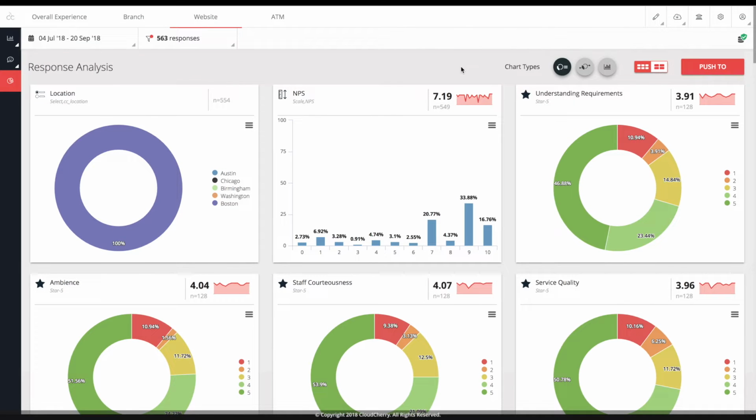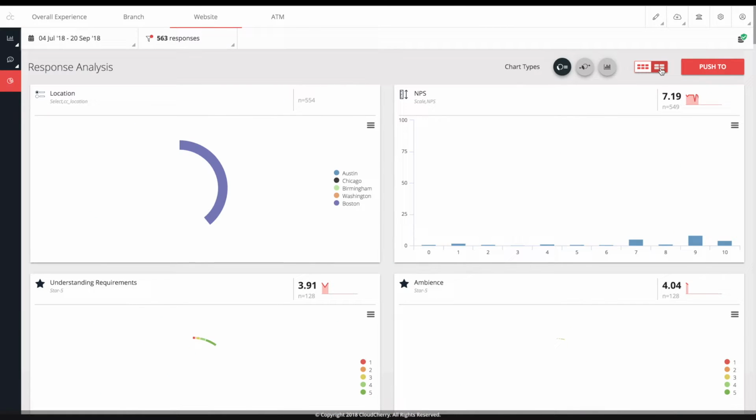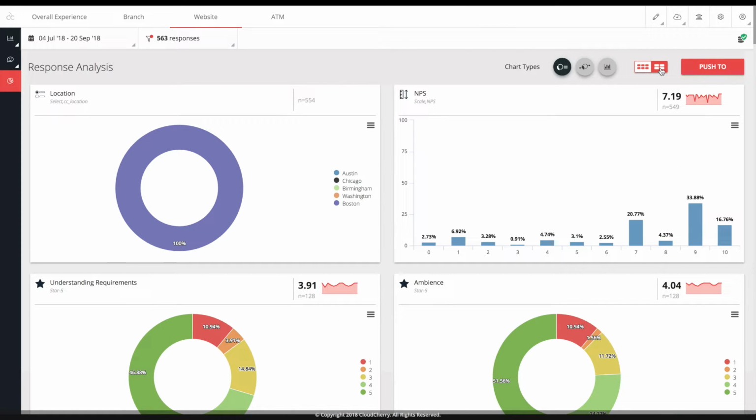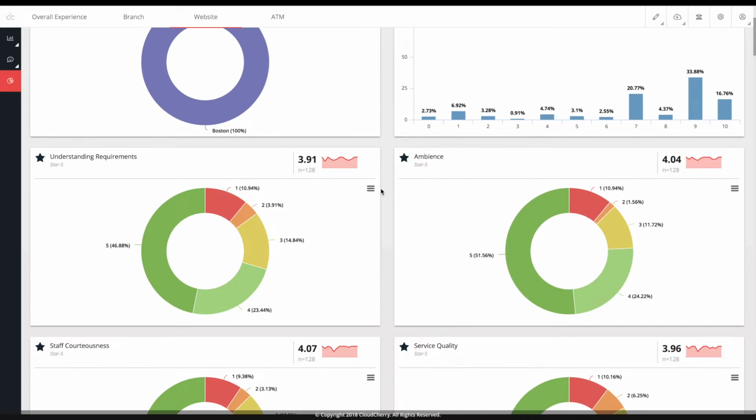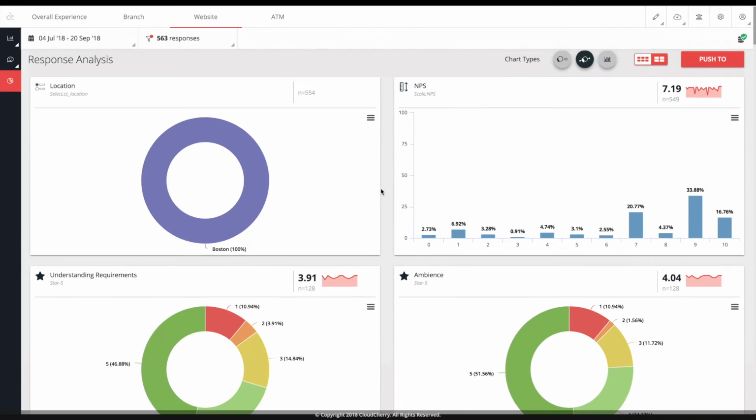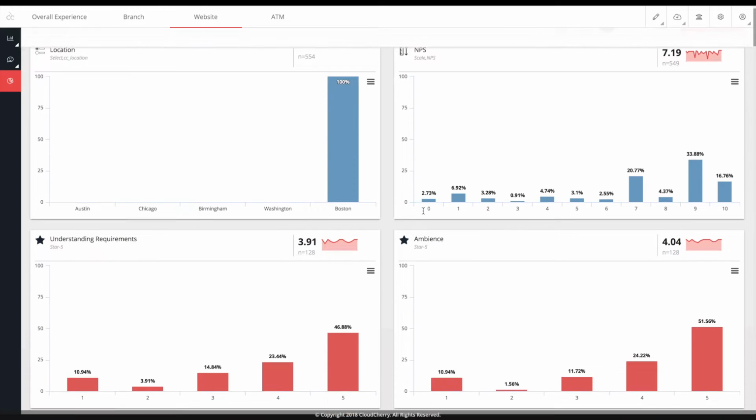You could choose to then view this in different flexible ways. You could choose either a 3-column layout or choose to flip over and look at it with a 2-column layout. You also have other visualization options with flexibility. For instance, to see donut charts with labels being presented outside, as well as the option to view data as bar charts depending on how you'd like to see the data